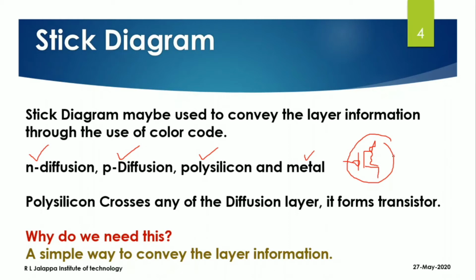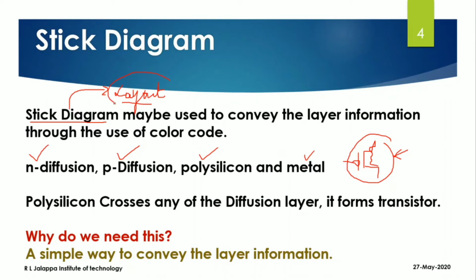First, we will convert the circuit diagram. The circuit diagrams are called schematics, right? So these schematics are converted into stick diagrams. Once they are converted into stick diagrams, you can easily extract the layout out of it. So from that you can write out how the layout looks. The layout is written using different layers like N diffusion, P diffusion, poly and metal, using the lambda rules.